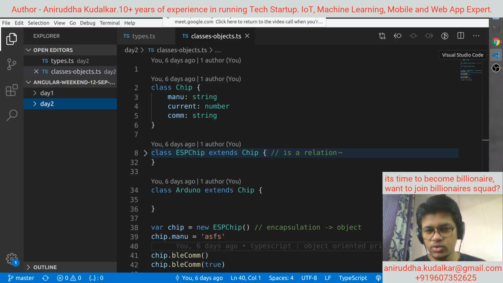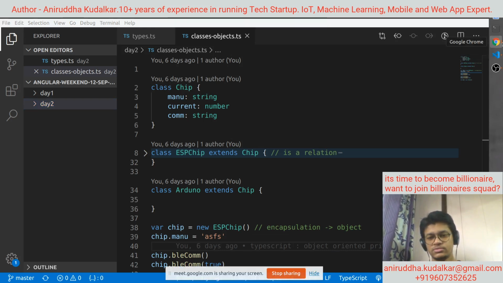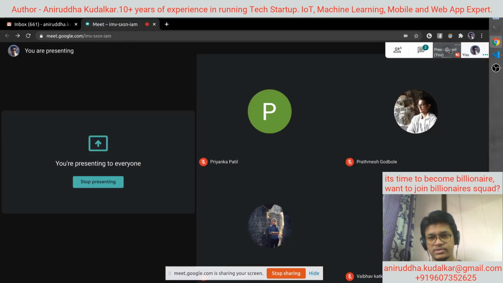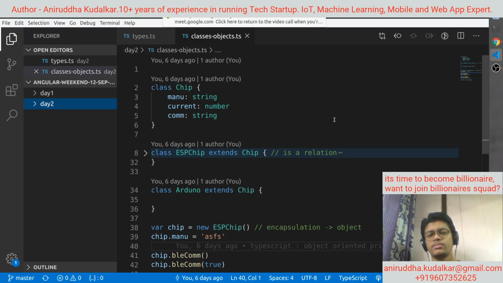Okay. Now, what we are trying to do here is just a brush up session on TypeScript, right? We have started TypeScript, just the basics.